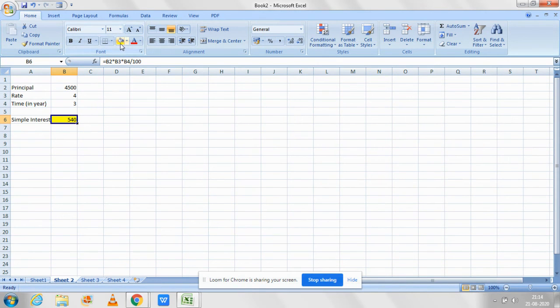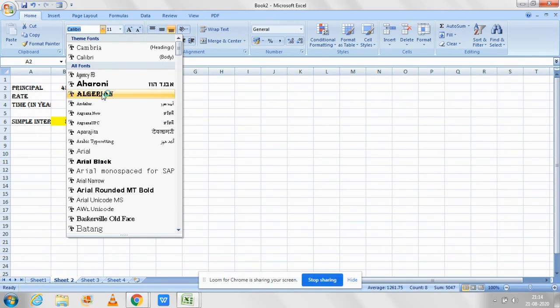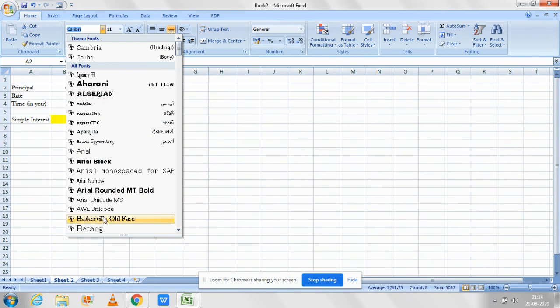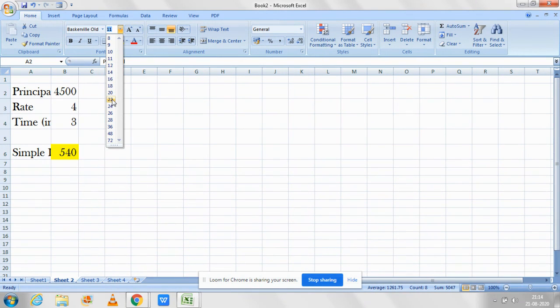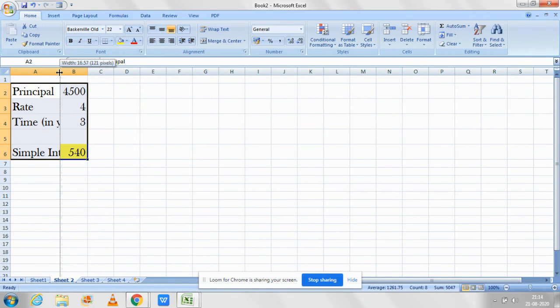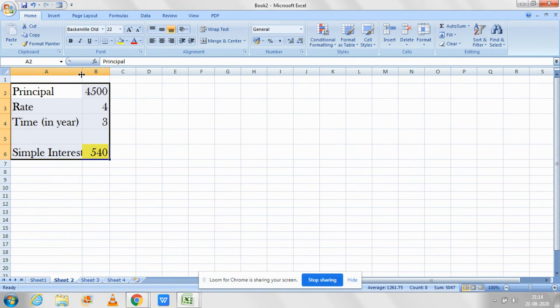Most important thing, you can highlight this, or you can change the font according to your need. You can change the font face, you can change the size according to your needs. So these things can be done according to your need.